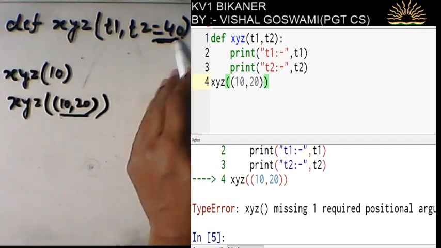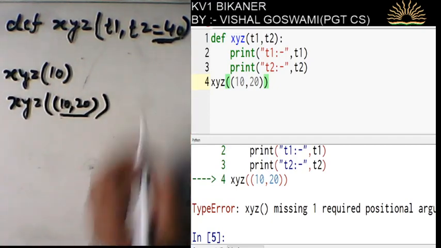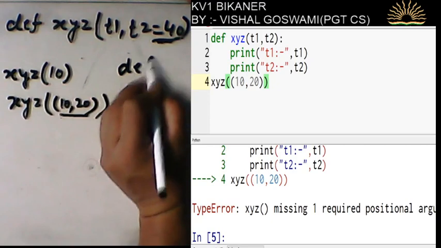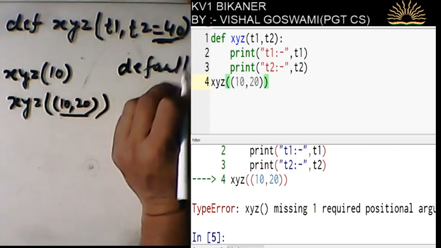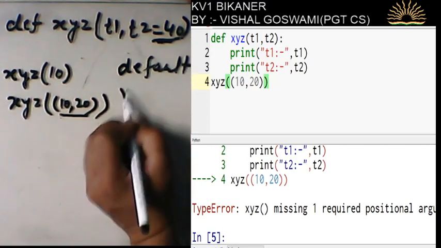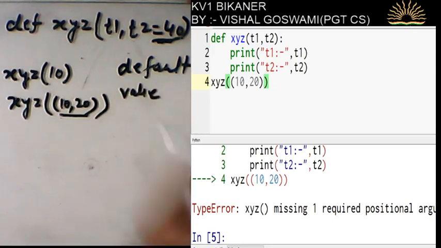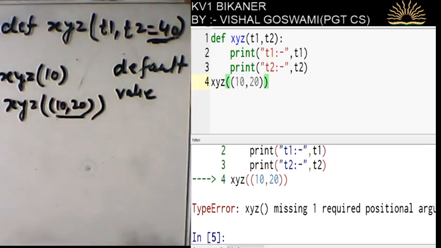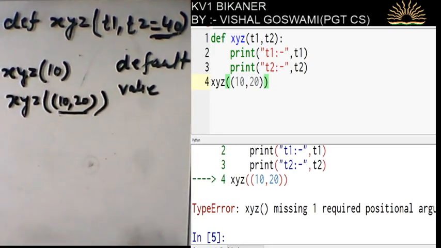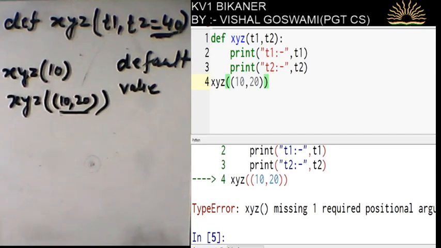This 40 is called the default value. The default value is used when no value is provided by the caller of the function.